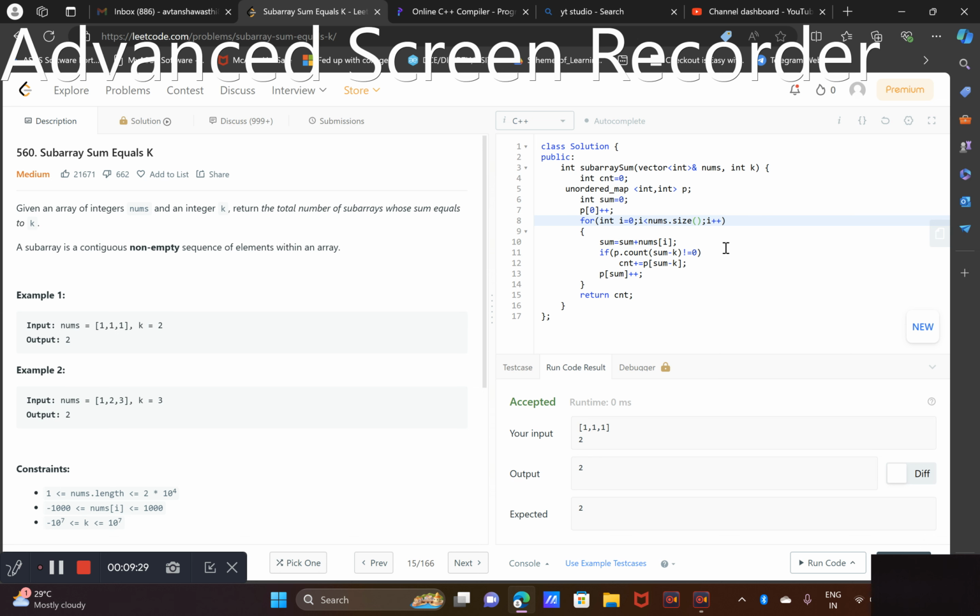So we basically explain that we already have it present, and that is our answer. Meaning we already have the sum, and if an old sum has already come and we subtract the two, then it means we have got an occurrence. That means we have an occurrence. So we will add for sum minus k because there can be more than one occurrence, and then we will